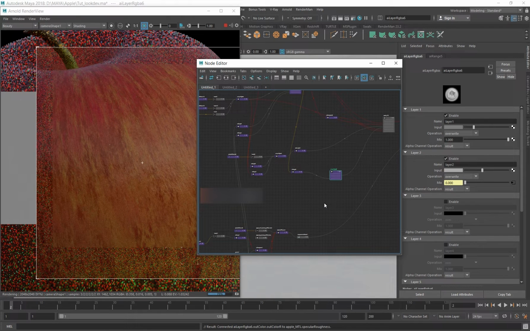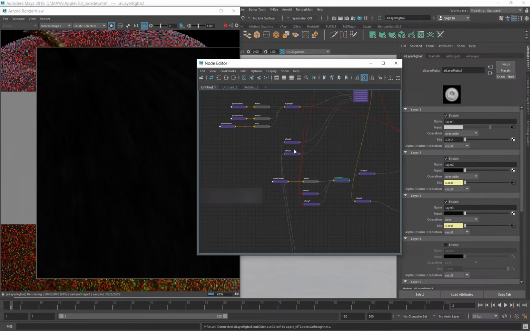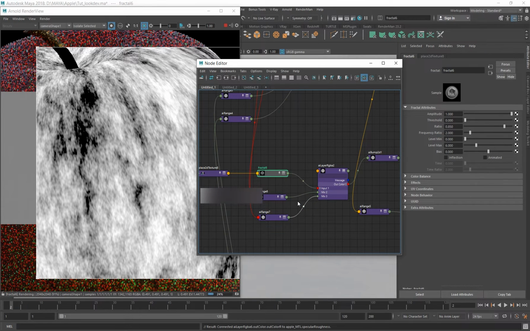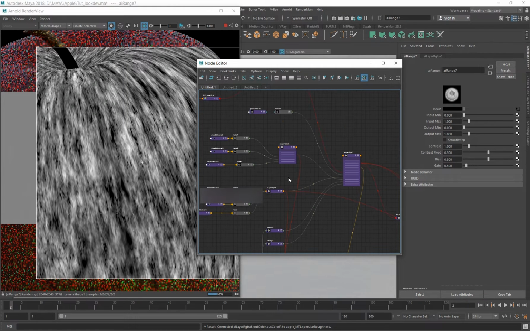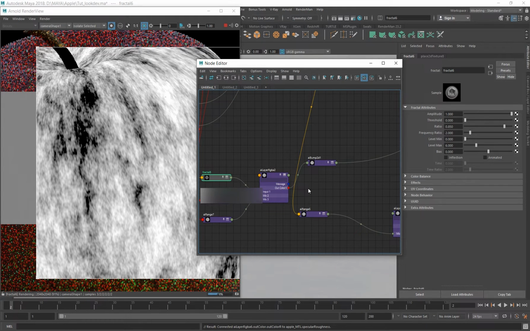The same thing goes for bump. I was using the layer RGBA, and I've mainly used fractals for the bump. Some of the fractal maps are coming from layers, and I have also used an extra separate layer for the bump.